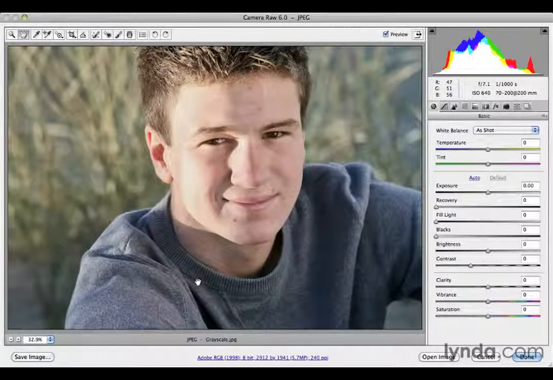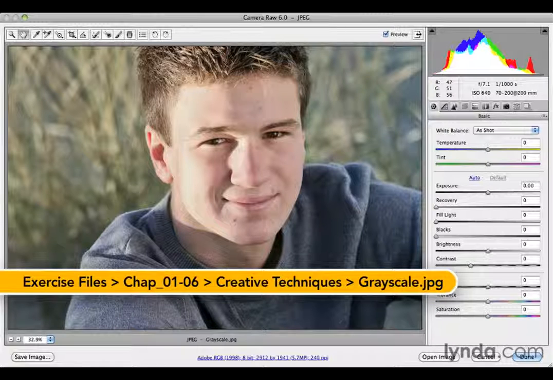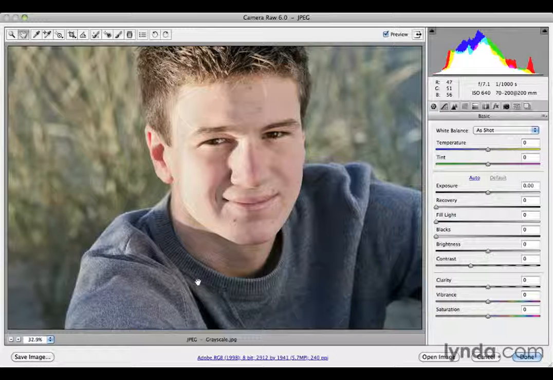Converting a color image into black and white is a pretty common thing to do, and Camera Raw gives you a lot of flexibility and power to do so, and very quickly, I might add as well. So there's kind of two different ways to go about it. There's just the quick get rid of all the color, and you can just do that with the saturation slider. And then I'll show you the second technique where you can actually control individual colors and how they get converted